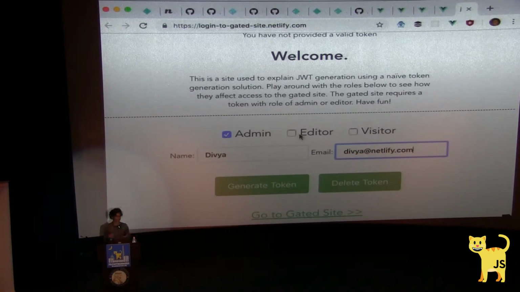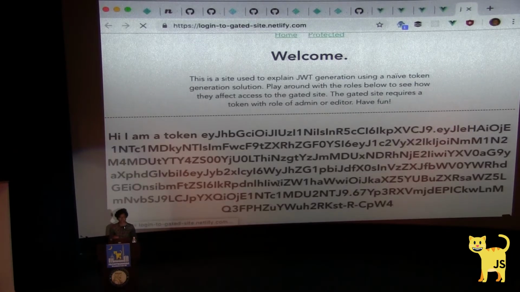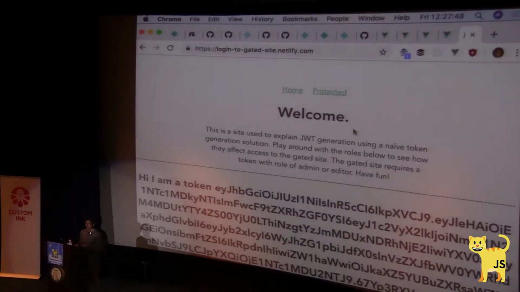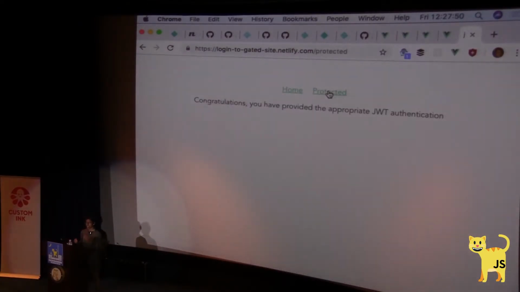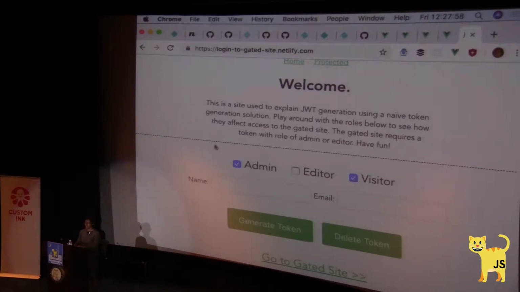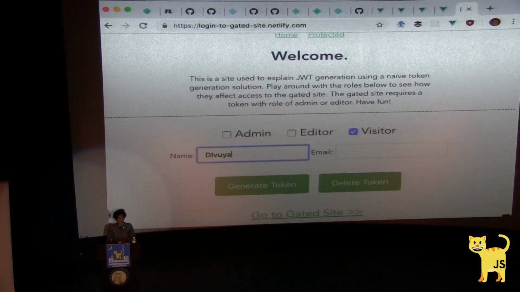And I'm setting a specific role. So in this case, it's admin. I can choose whatever I want. And then I can do generate token. And then it generates a token. And then it also pushes me on, because I did this recently, it redirects me to a login page. So in this case, this is a super secret gated site that you cannot access without a token. So if I were to go back, there's a route called protected. If I access it, I have the proper authorization to enter it. And this is of course important because, for example, this demo was created. Actually, it doesn't actually matter what I write here.